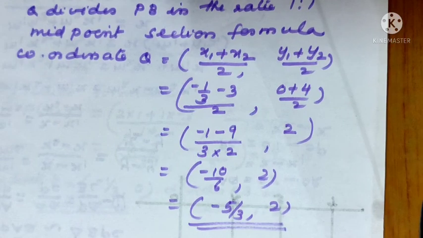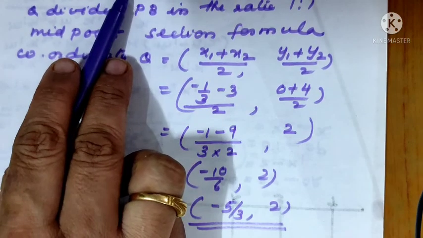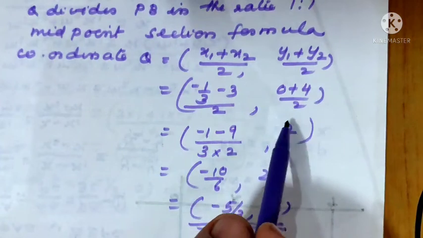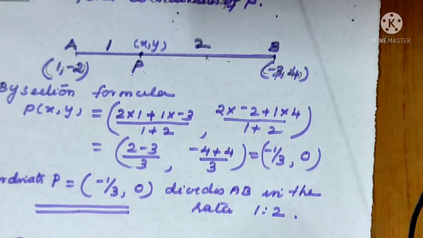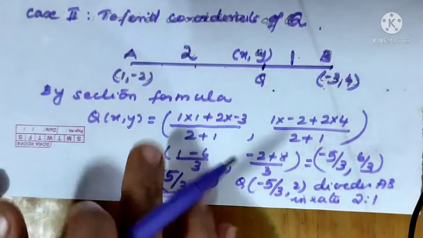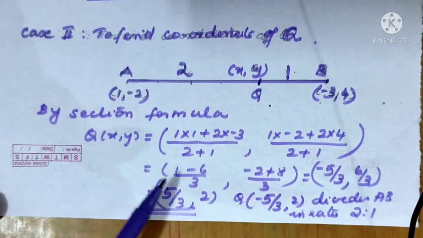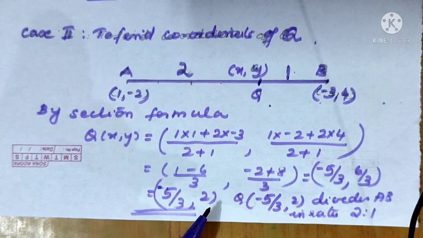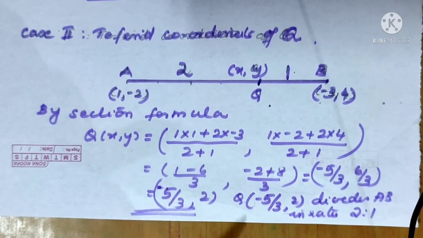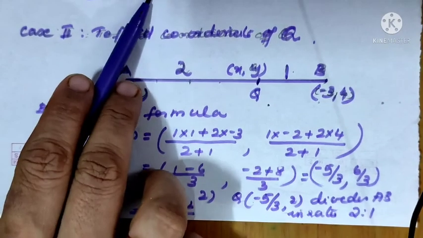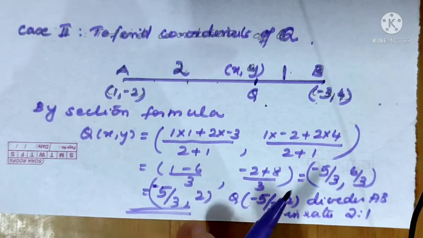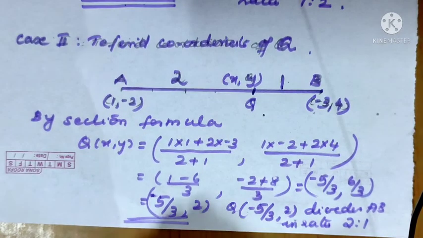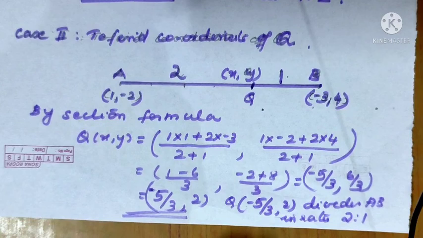So what is the drawback of this method? If your P coordinate is wrong, then your Q coordinate will also be wrong. In the previous method, P we calculated separately and Q we calculated separately. It is a little bit lengthy only, but there you feel the midpoint section formula is a little bit easy. But once the P value is wrong, then Q is also wrong. Here that will not happen. If the P value happens to be wrong, you are calculating Q separately, so you will get those marks. So be careful while doing this chapter, because a little bit of confusion will be there. Only practice can rectify that.